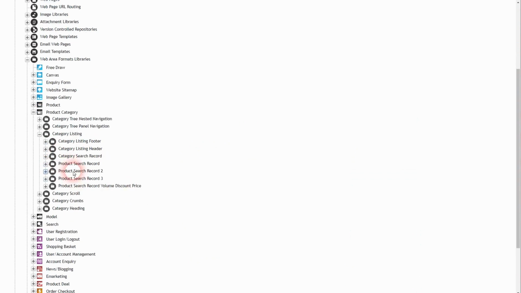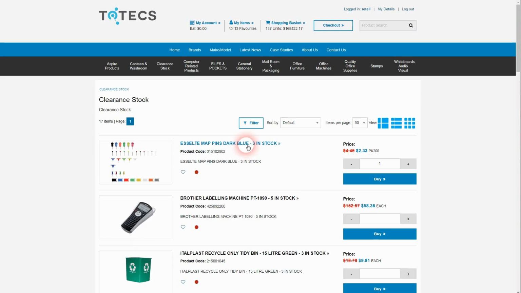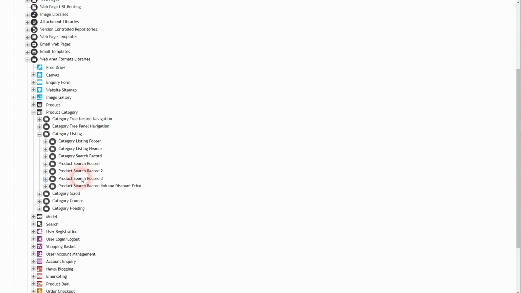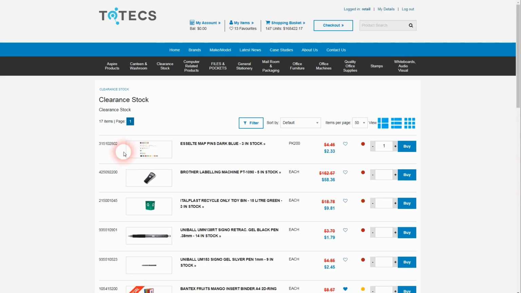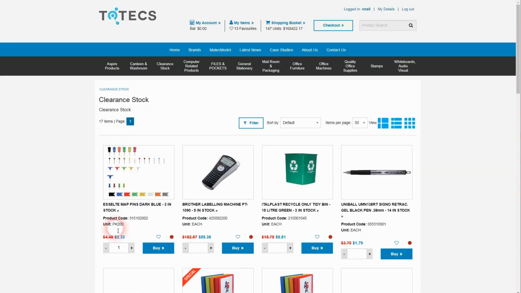And we can see now for this area, there are two additional area formats called Product Search Record 2 and Product Search Record 3. Previously we only had one format available, which would control the layout and styling of a single product record. Now these other two formats can control the second type of layout as well as the third type of